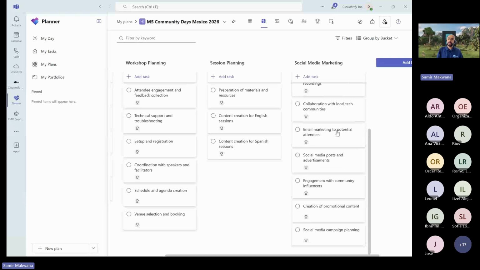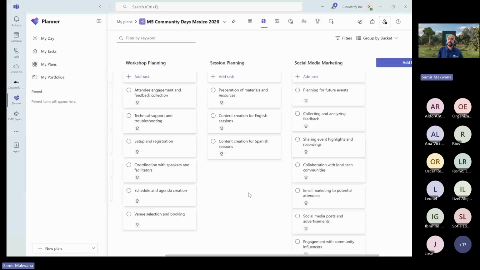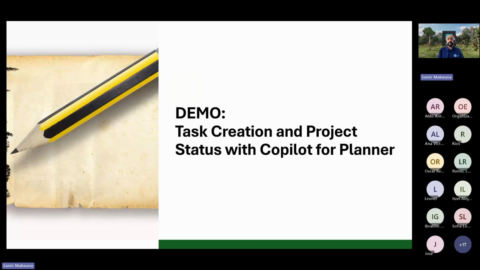So when you're launching a new project and you want to create a plan, this is a very important tool for you to start working on it. And it's not only your event planning, it could be your technical project. It could be Microsoft 365 migration project. It could be Microsoft Copilot project. It could be security project. It could be your software development project. It could be anything, okay? So now let's go back to the presentation and continue with our session.